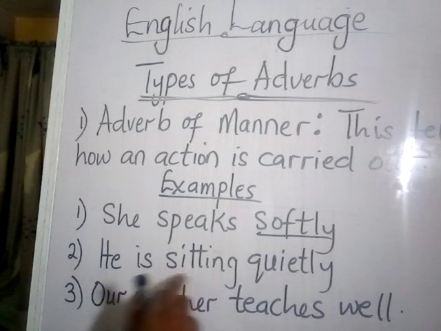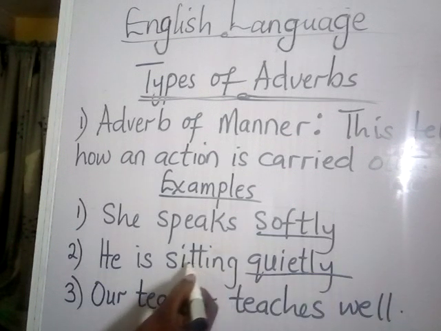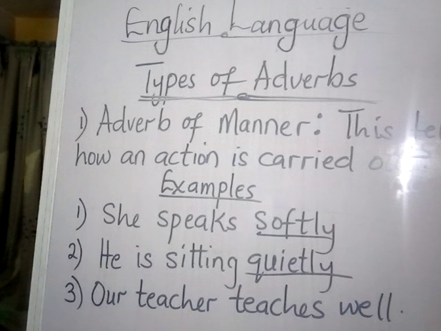The second example here is, he is sitting quietly. And again, you notice here, sitting, this is the action word. So the sitting is a verb, and this is the adverb telling us more about the action, sitting. He is sitting quietly. And the last example here is, our teacher teaches well. Again, the teaches here is the action word, it is the verb, and the well tells us how the teacher teaches. So these are some examples of adverb of manner, the type of adverb that tells us how